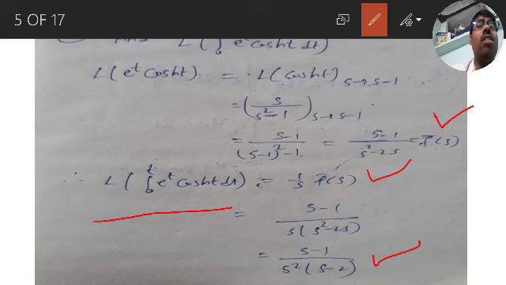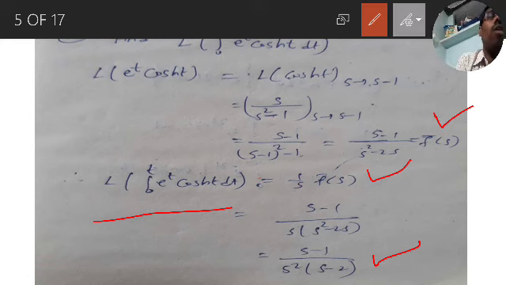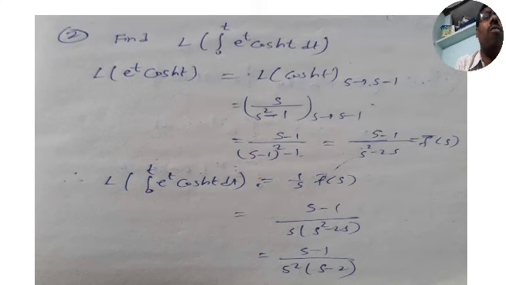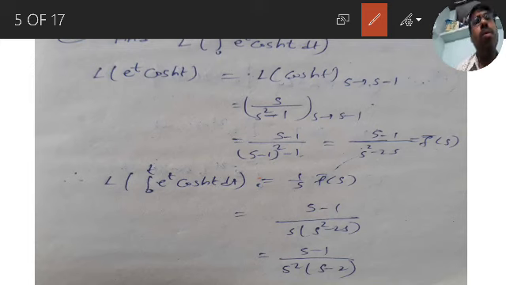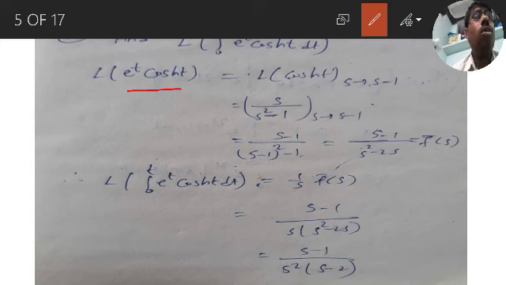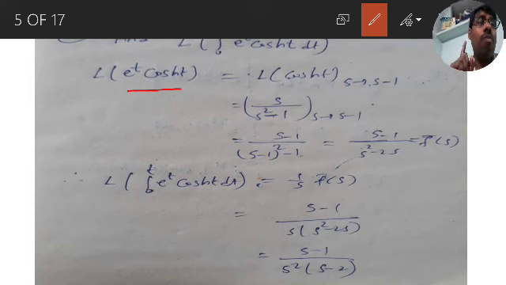Are you getting? This is the second problem on finding Laplace transform of integral of function. It is somewhat different from the first problem. In the first problem there was only the simple sin t function, but here f of t is e power of t into cos h t. There is no product rule in Laplace transform, but by first shifting, if among the product of functions one function is exponential, then we can apply the